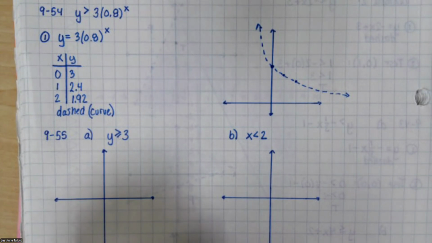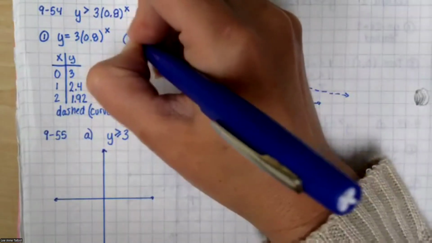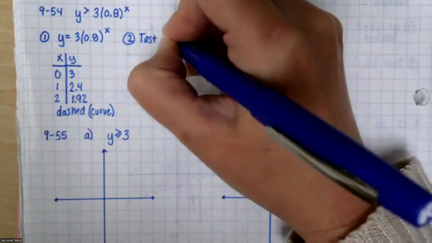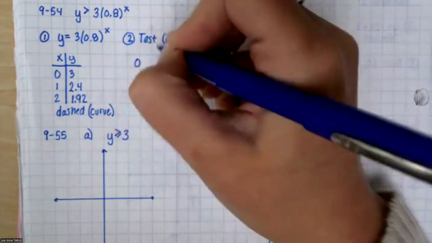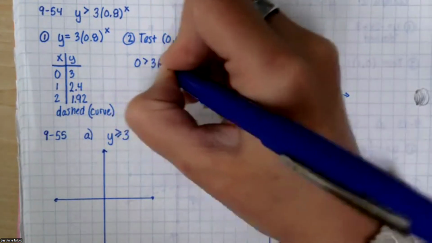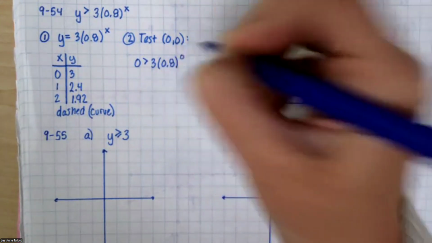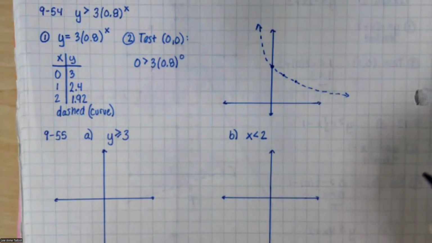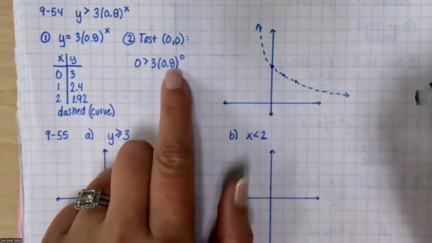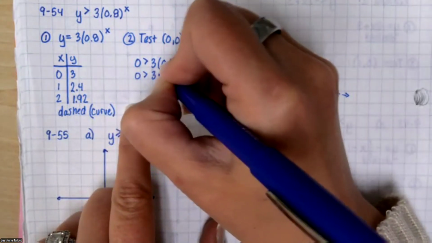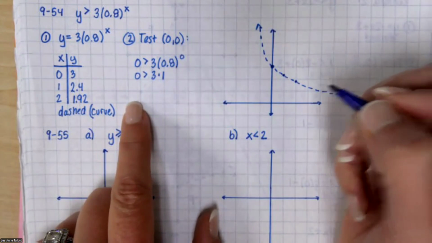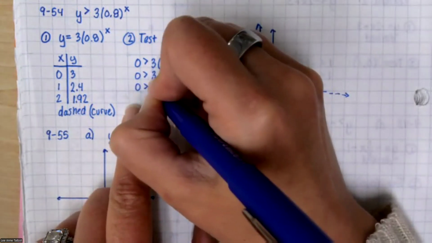Okay, what do you guys want to test? Is 0, 0 an option? Yeah. 0 is greater than 3 times 0.8 to the 0. Okay, so we need to review our exponent rules here. Anything to the 0 power is 1. So this is 0 is greater than 3 times 1. 0 is greater than 3,